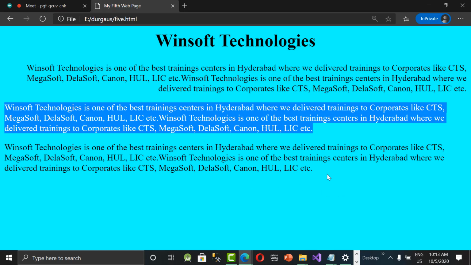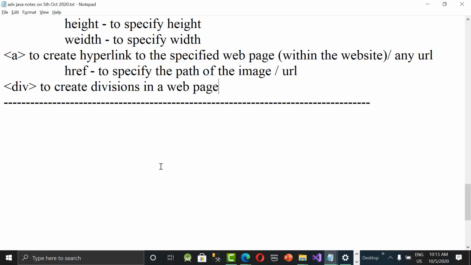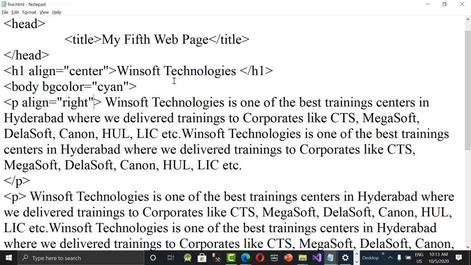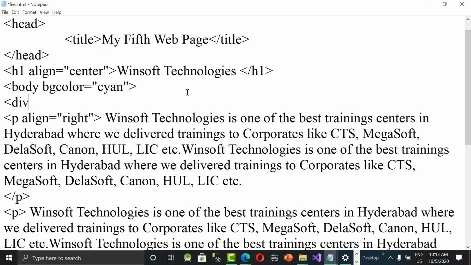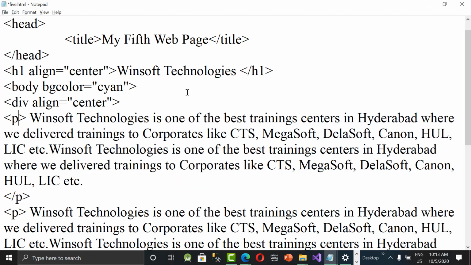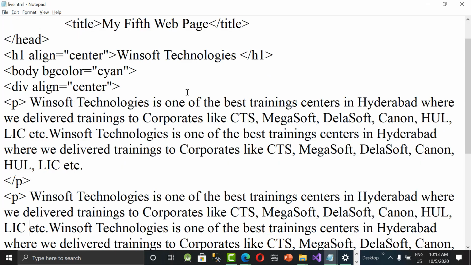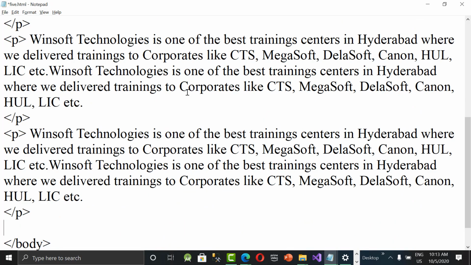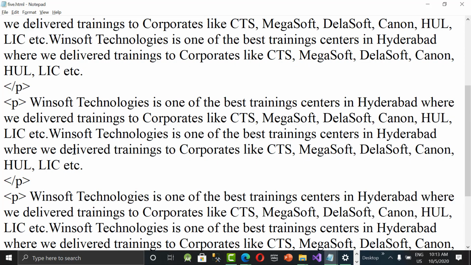But I want to make them right. So I can't write align is equal to right for 3 paragraphs. So instead of writing align equal to right for 3 paragraphs, what I do is just I create a division for it. How to create a division? Just open with the div tag, div tag open, align is equal to center. Now remove this align equal to right for this para. And then open this div tag. Now closing this div tag is your choice where you wanted to stop this alignment, /div. Done. So all the paragraphs in div tag open close will be having same alignment called center or right, whatever it is.